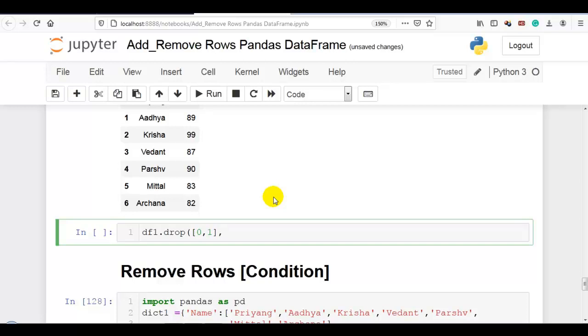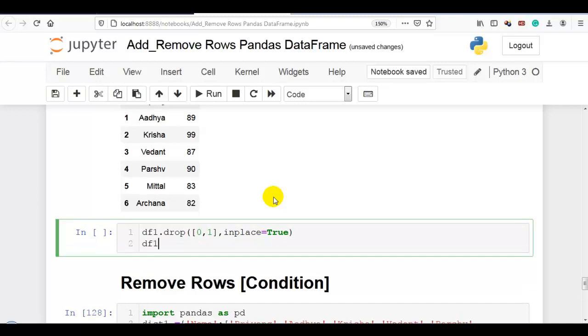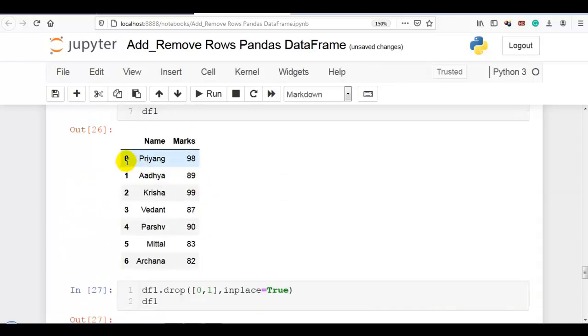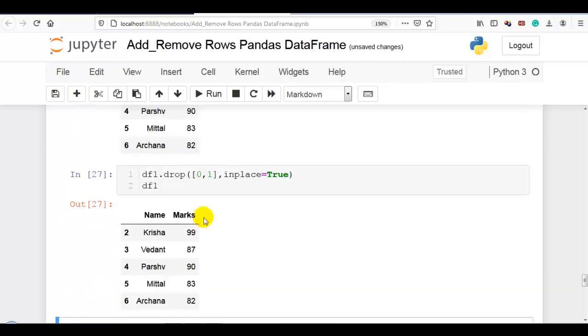By default axis is 0, so it is not required to write axis is equal to 0. If you want to make it permanent, then we have to write inplace is equal to true. Now let me check our data frame, that you can see over here, row number 0 and 1 both are deleted. So now you can see our index actually starts with 2, 3, 4, 5 and 6.